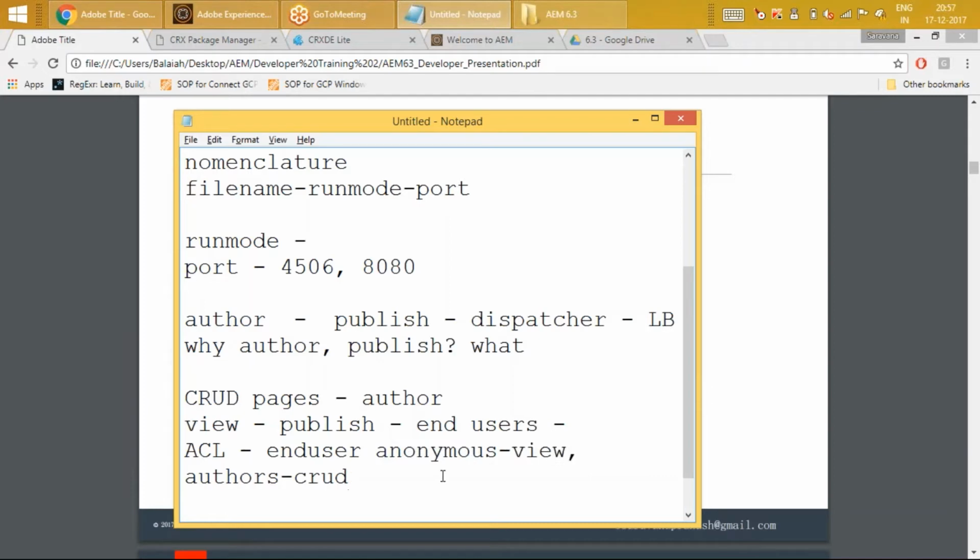Just to recap, the previous point that was pointed out: end users should only view and authors should only edit. I can control it with ACL, so there is nothing harmful in doing it. I can still make use of one publisher alone. So the second defense point that I'm hearing is, if I have a half-baked, uncooked page, or incomplete pages, I need not show the in-progress pages on the publish instance.